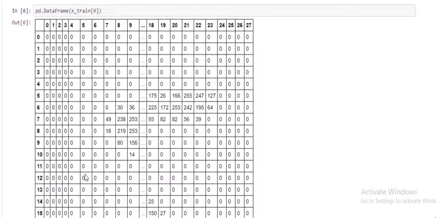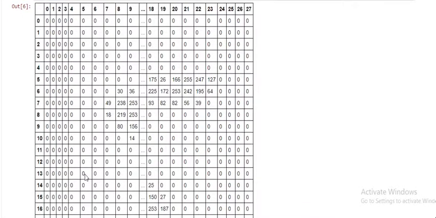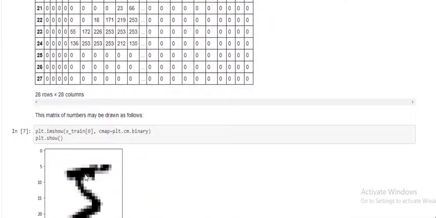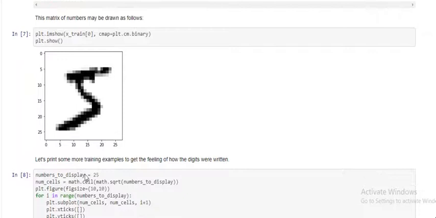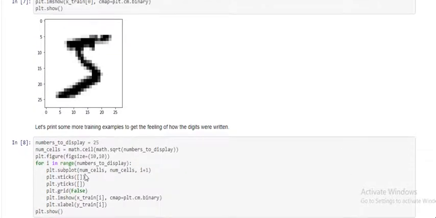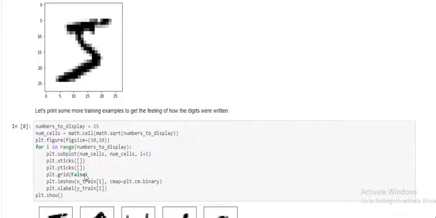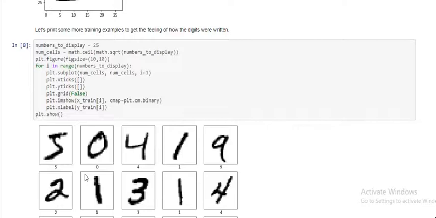Using data frames we can identify what kinds of images are included, the digits 0 to 9. Now we use the show function to display one of our images, which, as we can see, is an image of 5.